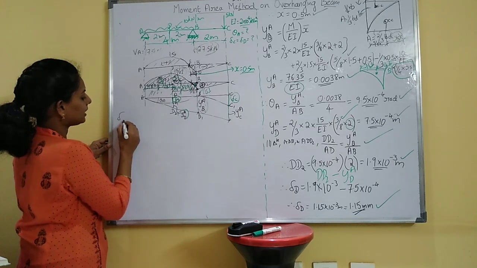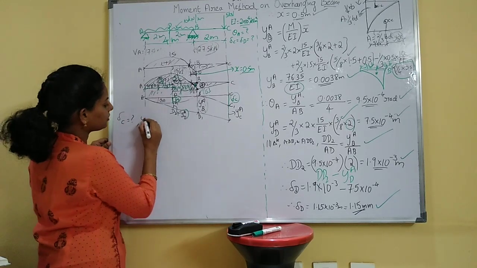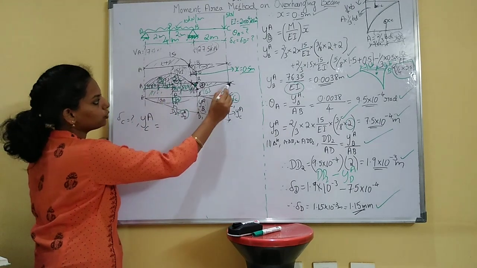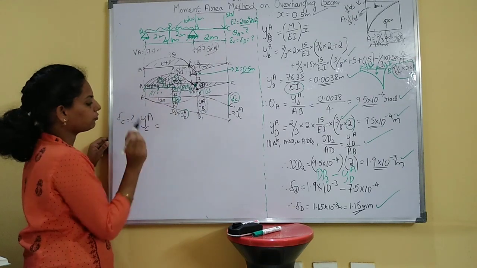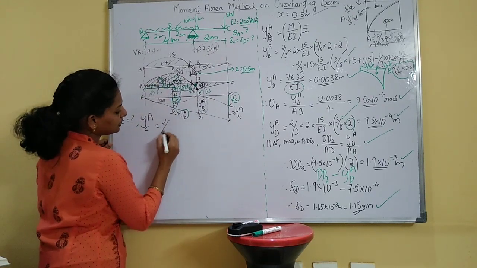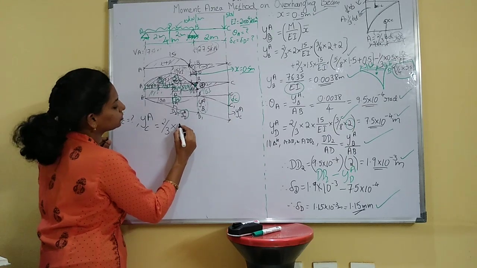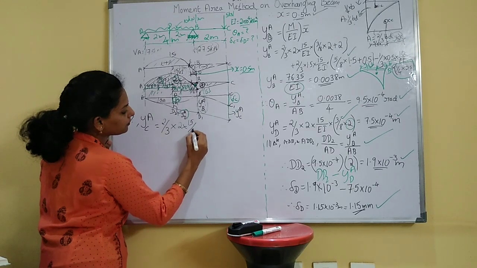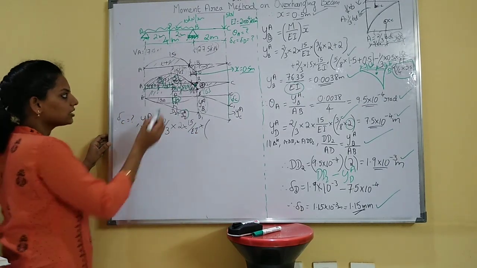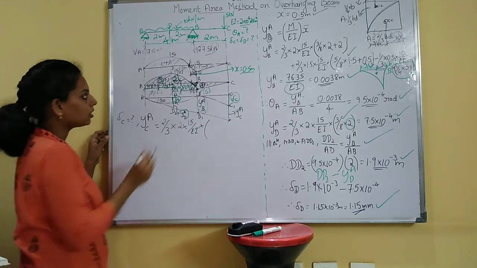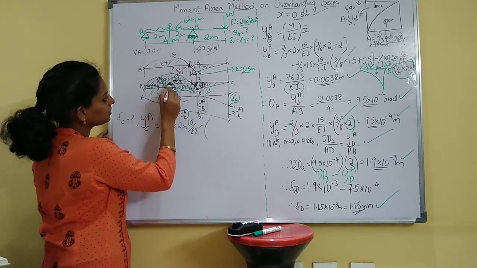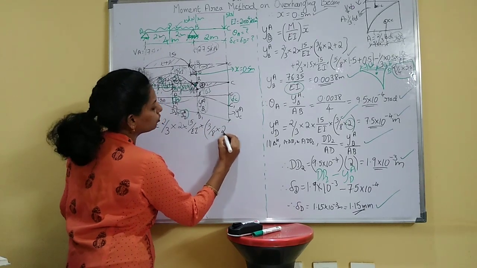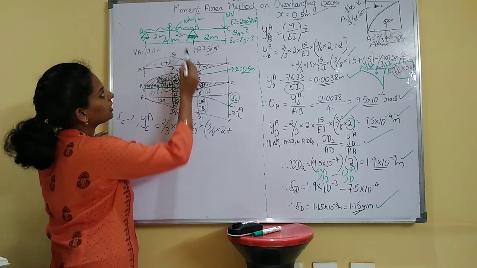So next we will see delta C. To calculate delta C, first find out YCA. YCA you have to consider from A to C. So whole region 1, 2, 3, 4. First we will take this one. That area is 2/3 of BD. So 2/3 of B, where B is 2 meter and D is 15 by EI. And centroidal distance you have to consider up to point C. So nearer to C is this, that is 3/8 of B. 3/8 of B is nothing but 2, plus you have to consider up to C, that is 2 plus 2.